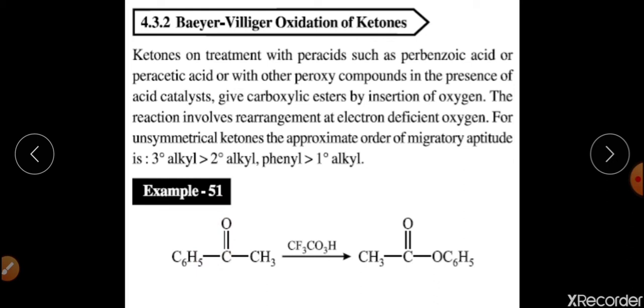So this is called your Baeyer-Villiger oxidation reaction, in which this is your ketone, and this ketone reacts with a per acid. For example, in this case we have taken trifluoroperacetic acid, right? So basically as an oxidizing agent we use per acids. Metachloroperbenzoic acid can also be used, perbenzoic acid can also be used, and this is another per acid that can be utilized for the oxidation of this particular ketone into the ester.